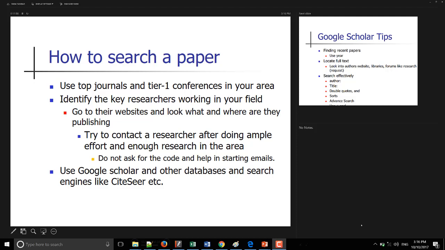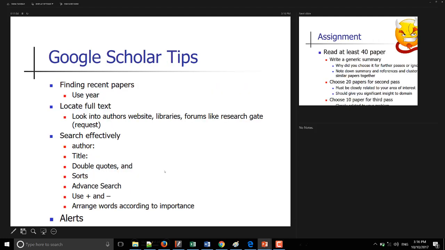Okay. So how to search a paper? We'll discuss Google Scholar as well. One of the most used research databases now is Google Scholar. So did you ever use Google Scholar? Okay. So how do you search? So there are some tips, okay, to search